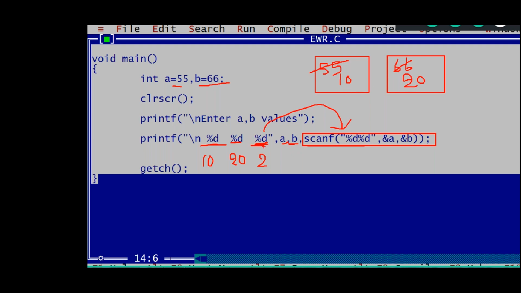Yeah, same question I will modify and I will ask. Yeah, guys. See this now. Tell me, guys. Now I will write a scanf, comma. Now see this A and B. Same question. User inputs are 10, 20. Then what will be the output? Question is same.